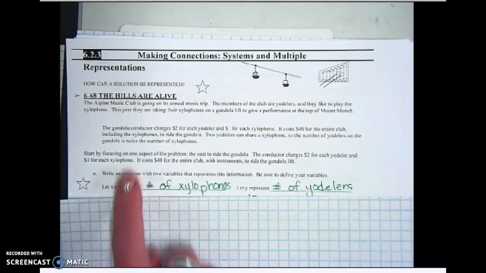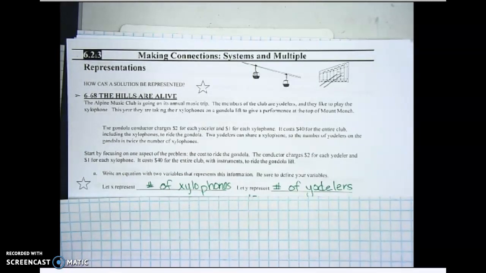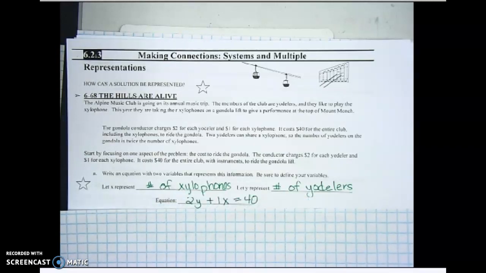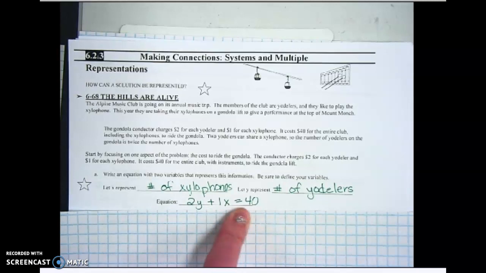Okay. And then the cost for the entire club, so that's the total. We would write that with what symbol? Equal sign, yes. So we're going to say $2 per yodeler plus $1 for xylophones equals 40